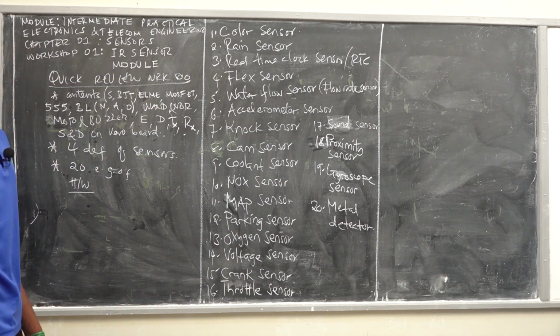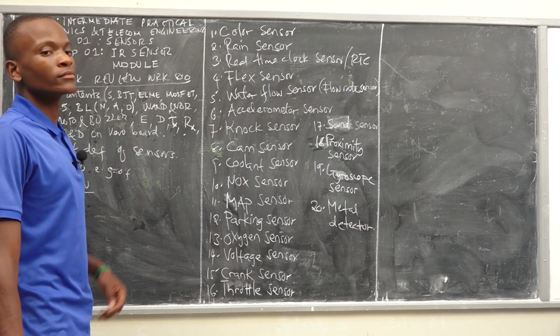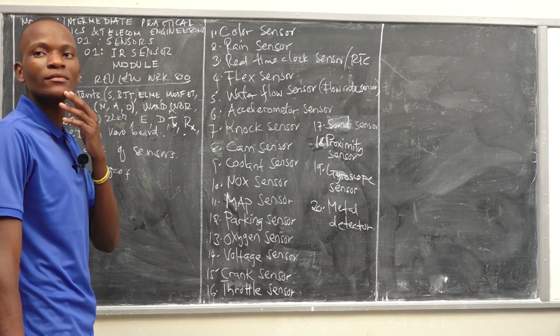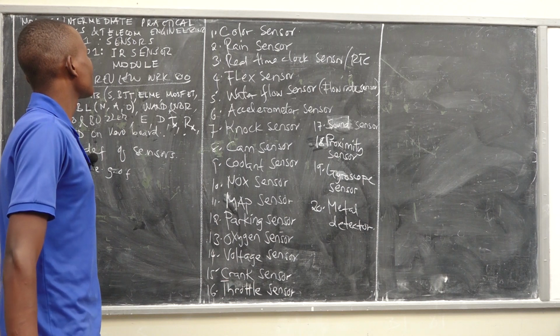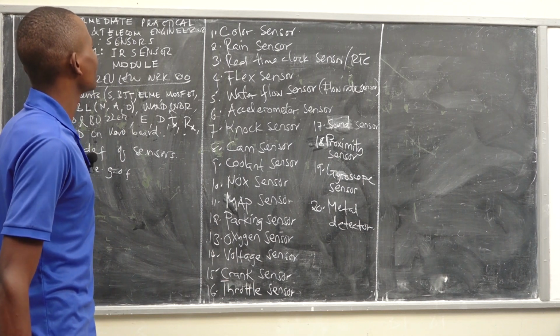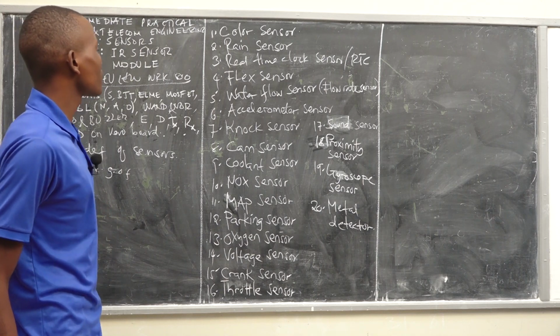Can you pronounce the sensors from number 1 to number 20 quickly? Color sensor. You, yes, you're the one who has a microphone. Pronounce for us. Color sensor, rain sensor, real-time clock sensor, flexi sensor,